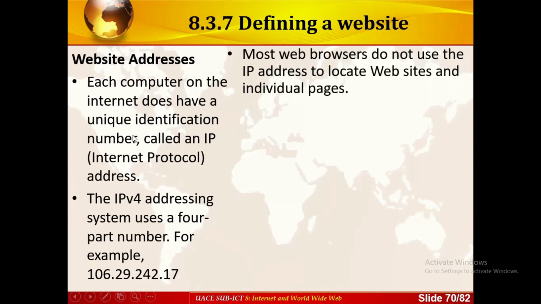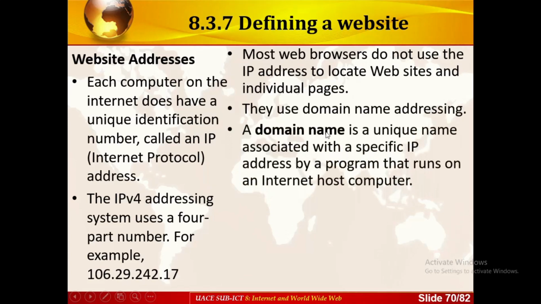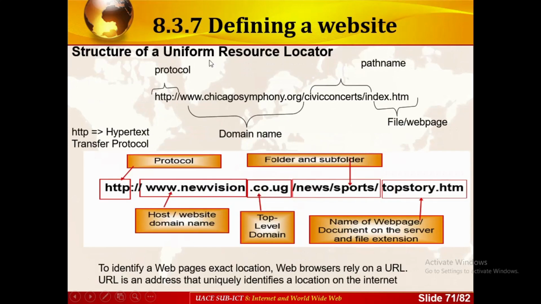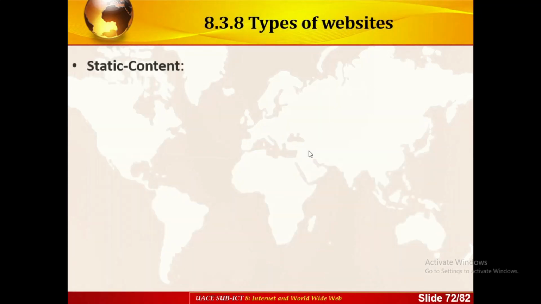For website addresses, we all use what we call the internet protocol. We have internet protocol version 4. So this is really very important. We have also looked at the structure of a uniform resource locator. That is when you are planning to deal with how a URL works. For example, if you search on a computer, it will always bring direct results and simplify your work. It will always bring the work you are looking for, if you have the website or the address of the information using the URL.